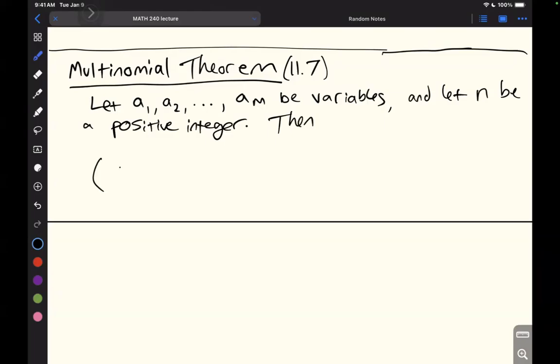So we have this whole big long expression, A1 plus A2 plus so on and so forth, plus AM, and we raise this whole multinomial to the power of n. We want to know what that is. This is equal to the sum of,